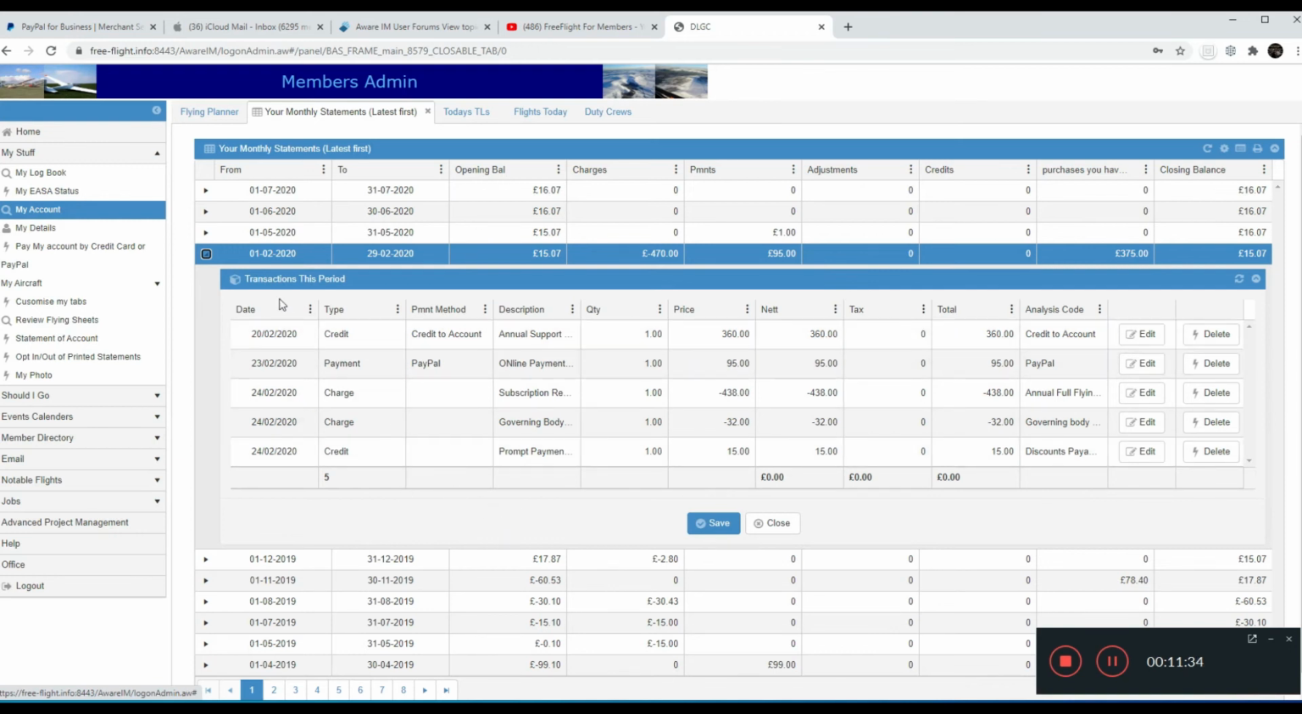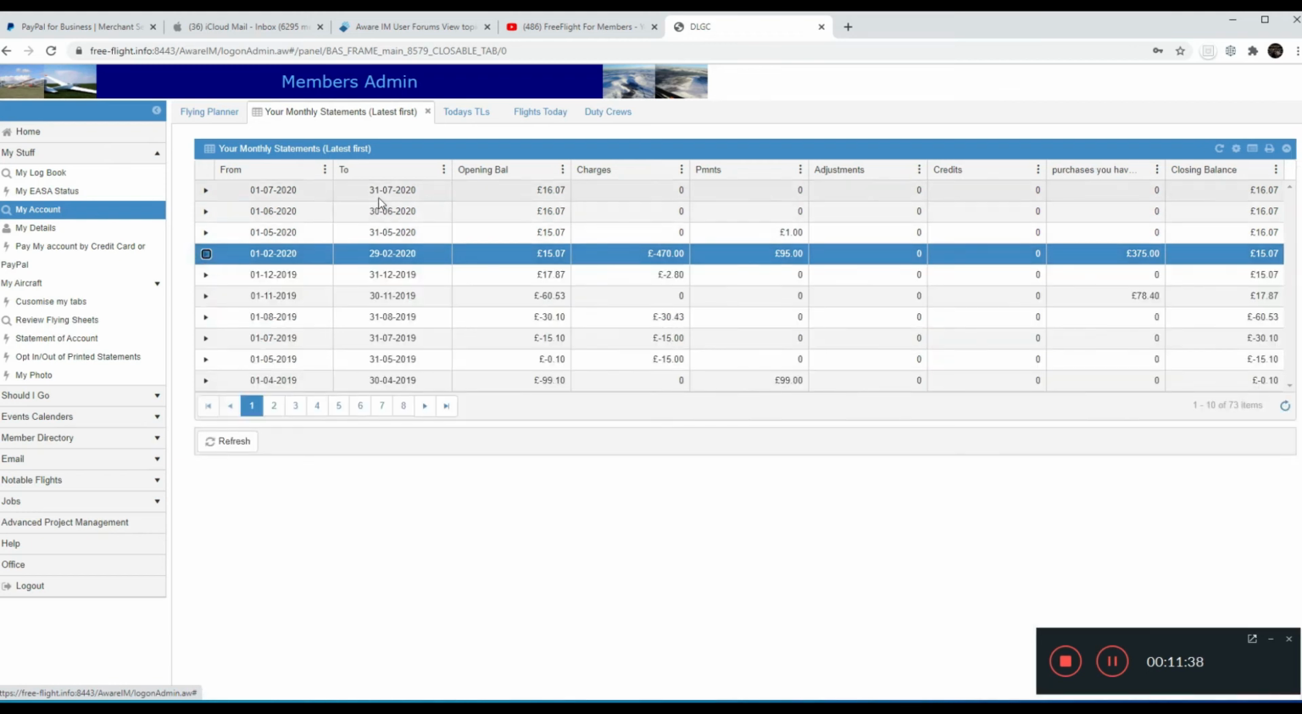So in a statement line you've got the dates that the statement runs from and to, and that's on a monthly basis. You have an opening balance, you have the charges incurred in that particular month, the payments, any adjustments that may have had to be made, any credits that have been applied to your account,